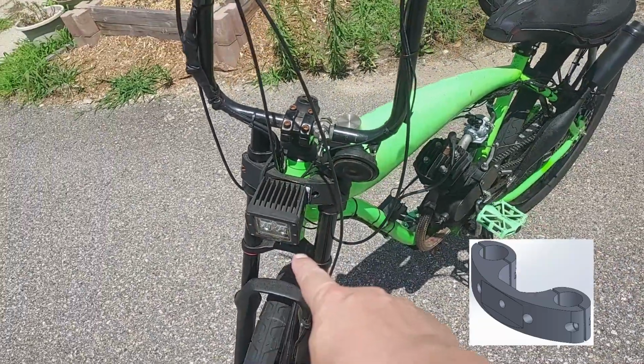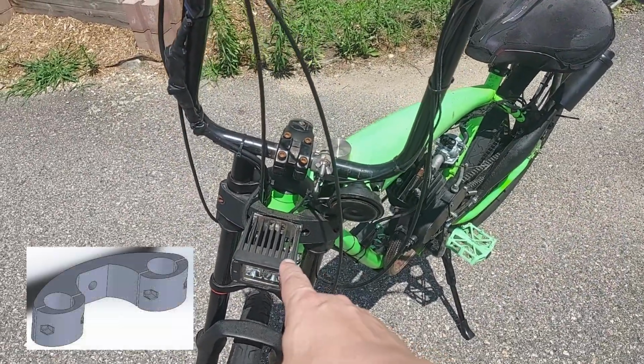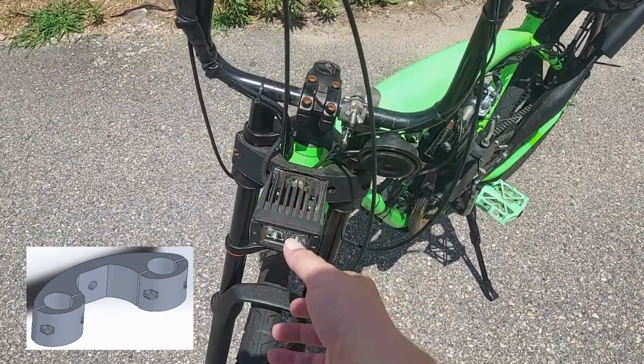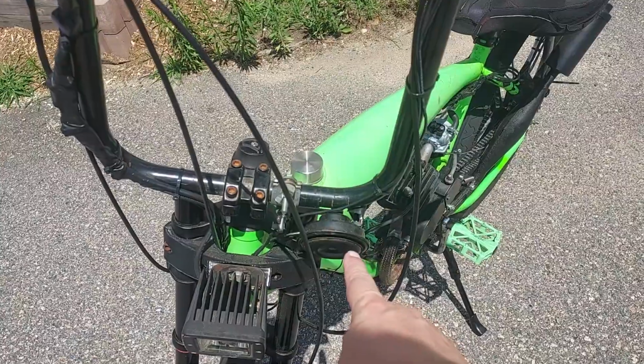Basically it's an off-road running light, but I designed my own mount to mount onto the handlebars and then 3D printed it with my FDM printer. Okay, so I got a really nice super bright headlight mount. I actually put a car horn on this too,